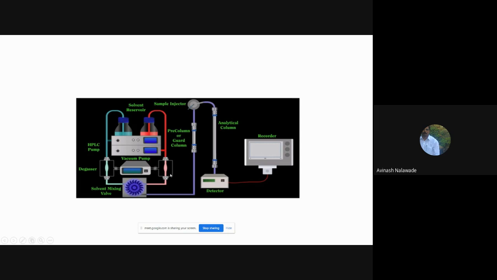Then see here, before that main column, a guard column, I have just told you, that is a pre-column or guard column, is placed, and this column protects your main analytical column. Then another is your sample injector, which is placed after the pre-column or the guard column. Here we can inject the sample either in the manual way